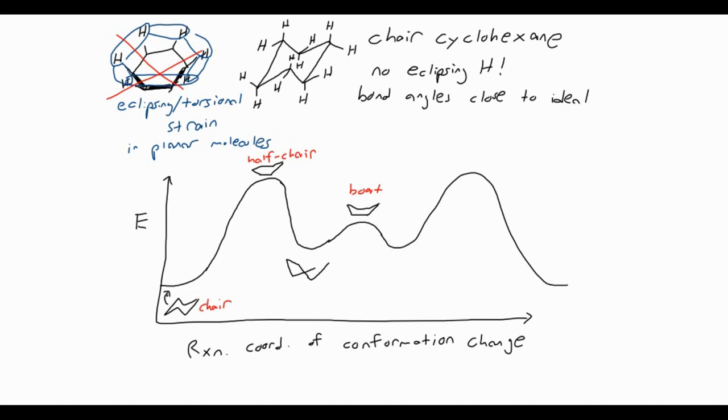One, two, three, four, five, six. There's our twist boat. I will label that. So twist boat is slightly lower in energy, but not quite as low as the chair. And then we have the equivalent over here, just flipped. So half chair, twist boat,